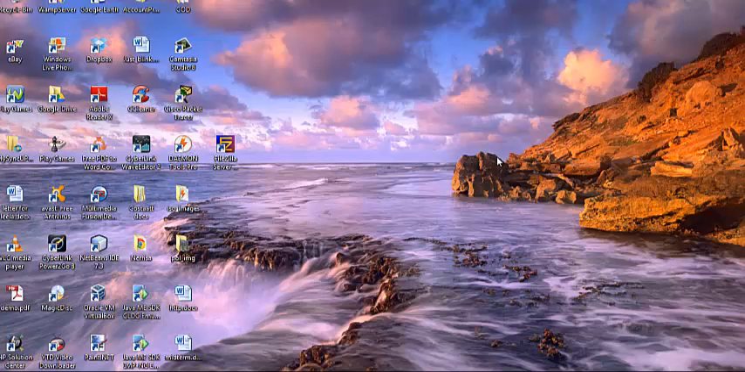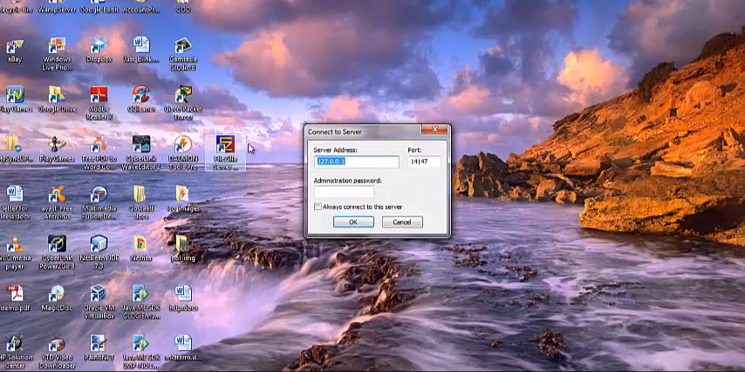Now I have already downloaded this software and installed it, so I'll launch it from my desktop here. Now if you have downloaded the software, it's simply the normal process of installing software programs, so you can go ahead and install that. So I'll open up FTP server from my desktop here,